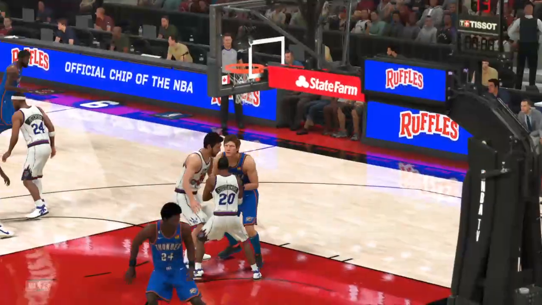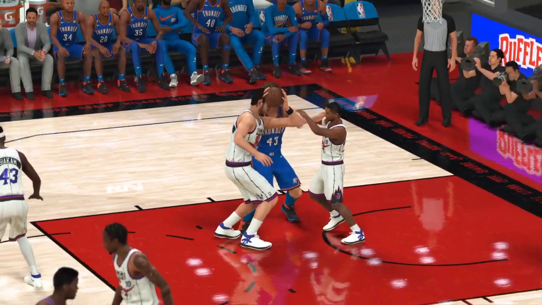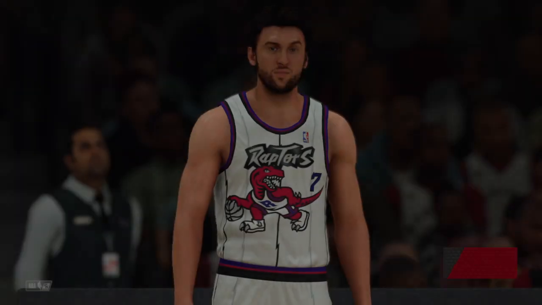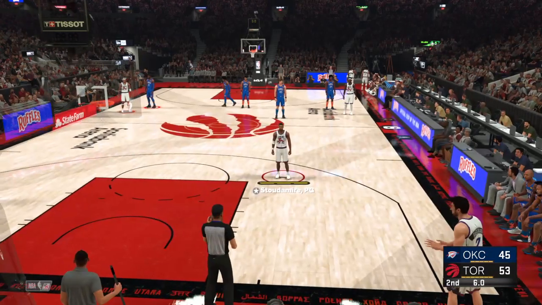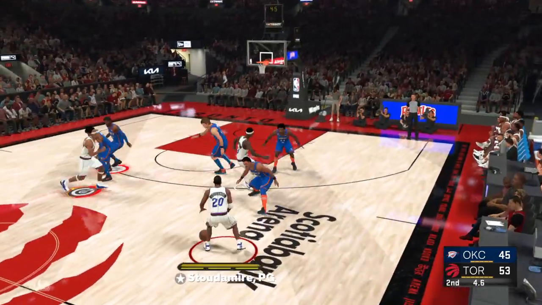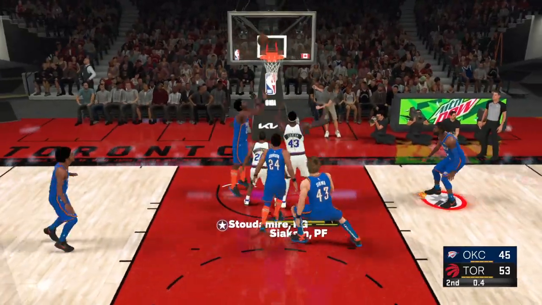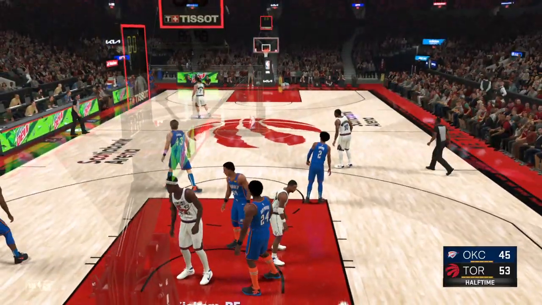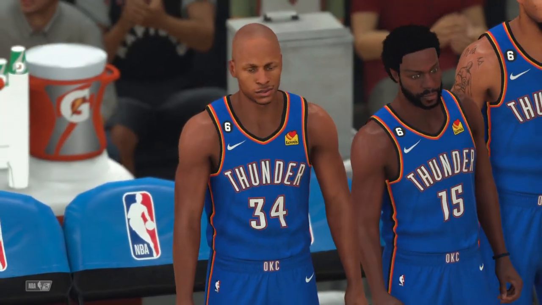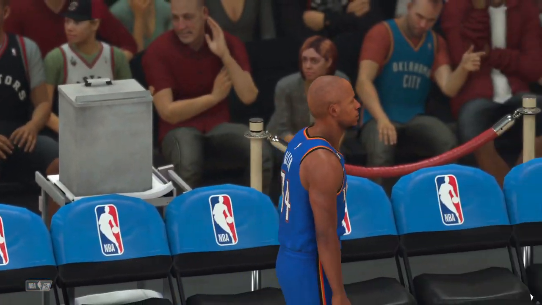And we got to take a second look to admire that outstanding block. And this is how you protect and grow a lead, by making a huge effort on that end of the floor. Stoudemire outside. That one, no good. Outstanding work to send him away. They sniffed that one out. And so it's Toronto in the driver's seat, up 45.